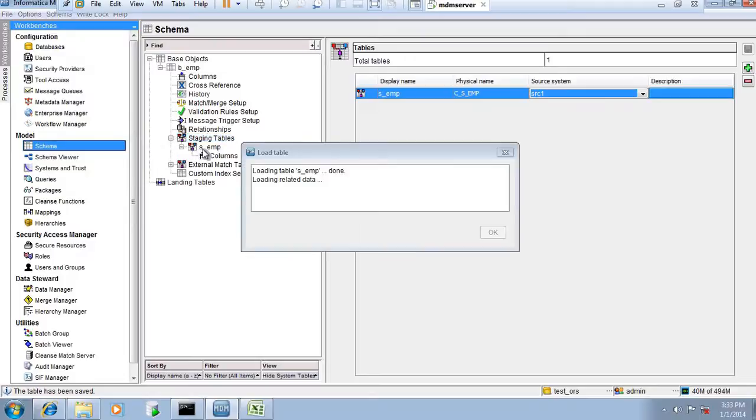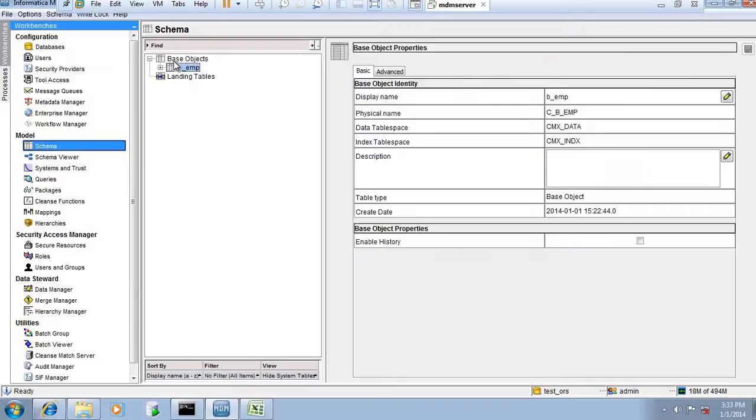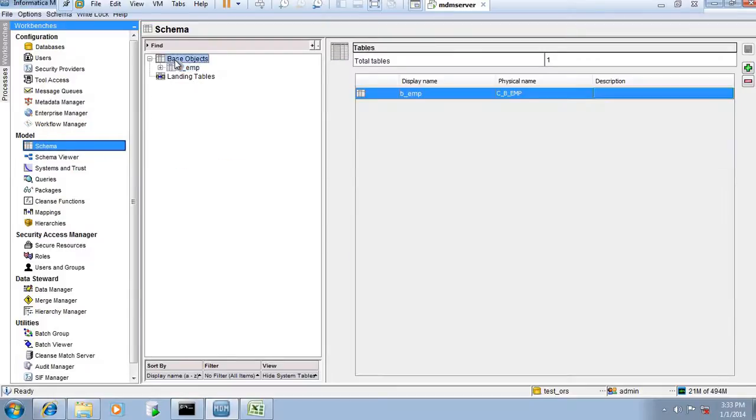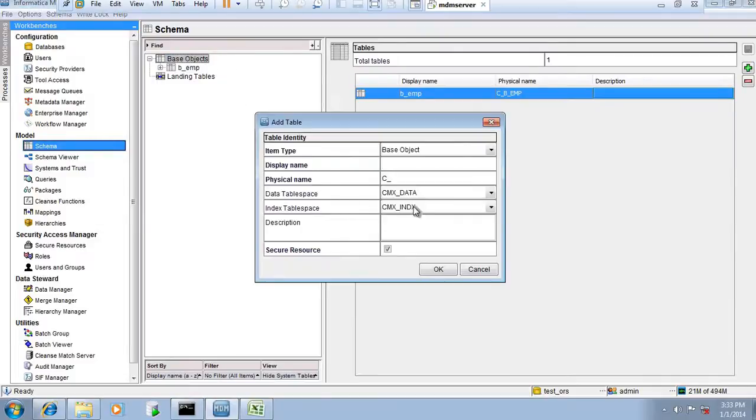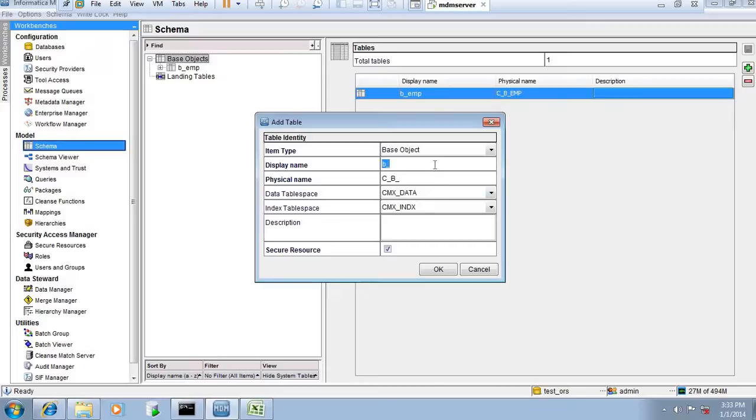If I look at the staging table, I can see two values showing, right? So I have created the base object and a staging table for employee. In the same way, we have to create a base object for employee address, which is the child table of employee. So let's give the name b underscore emp address, b underscore emp underscore address. Same value will be,